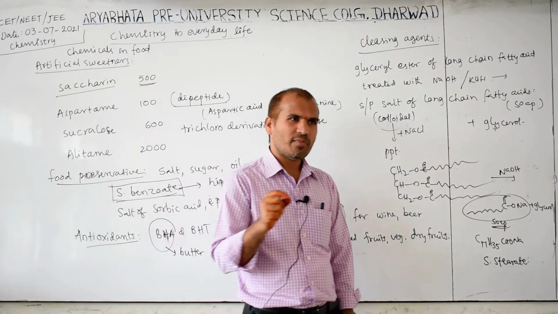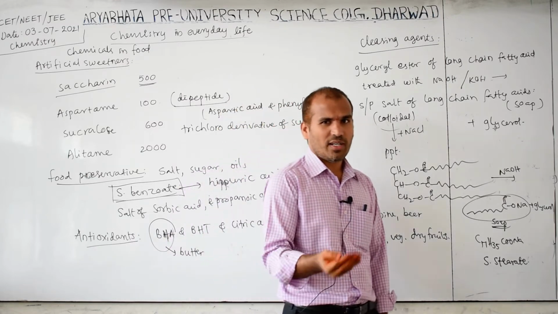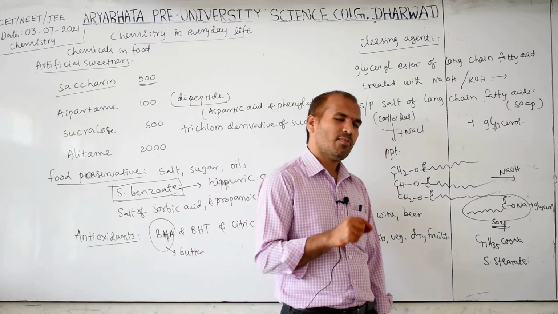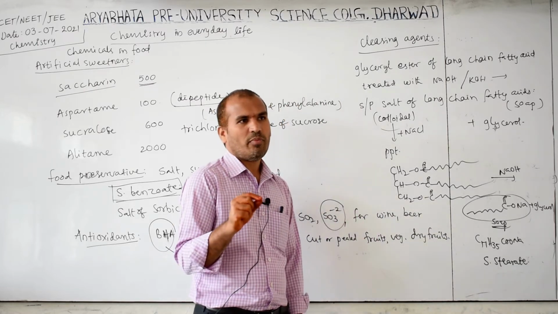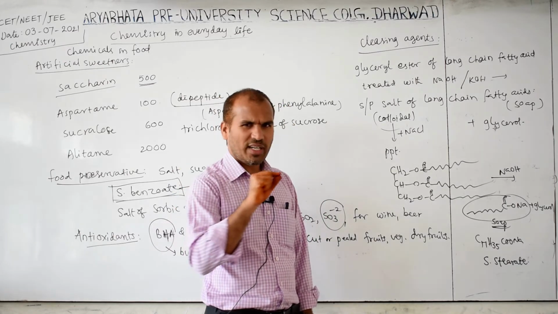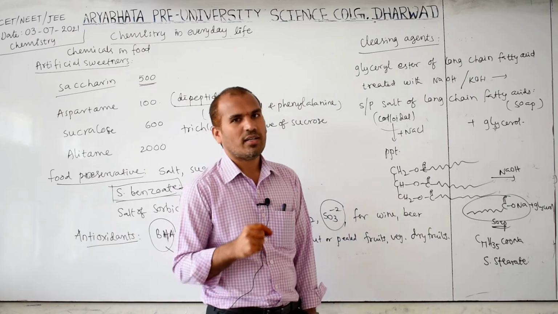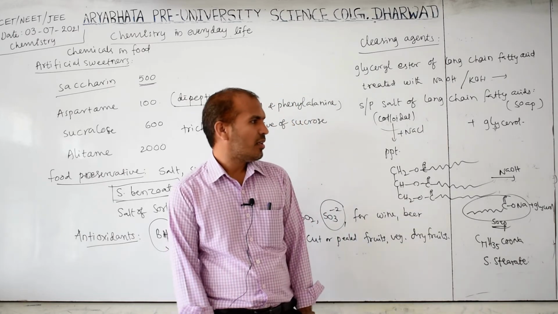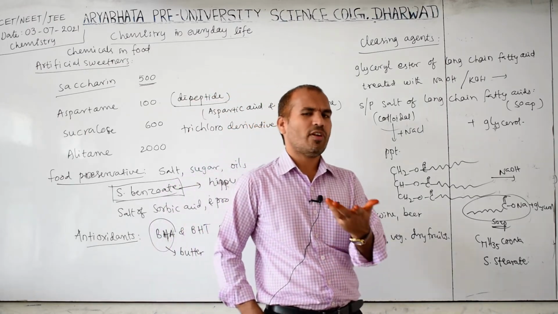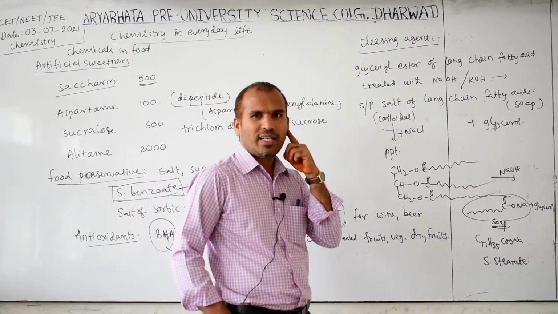And on that also some percentage is there: 75 and above is better, and below 75 is not better. So if you take Mysore Sandal soap and Medimix soap, they have some percentage. If you read that very clearly on the box, then you will know that the percentage is very good. Okay, above 75% is generally very rare. So I think only Mysore Sandal has a somewhat better grade.